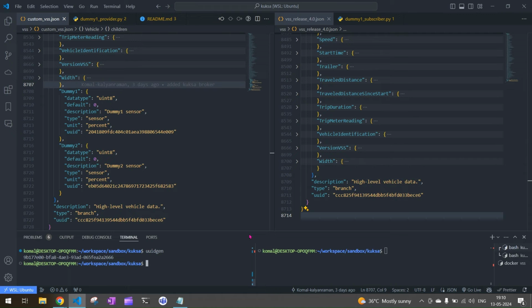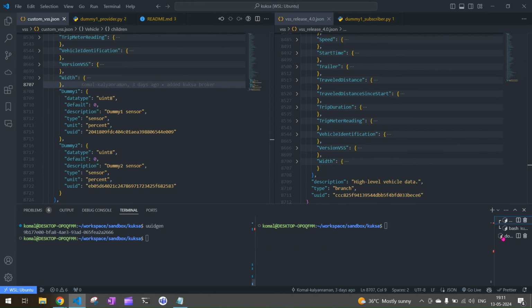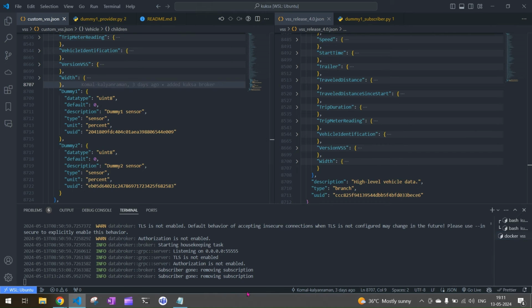A scratch image does not provide any shell capability, so you will not be able to exec into the Docker image, as they made it as light as possible. So the only way you can do it, how I am already doing it, is